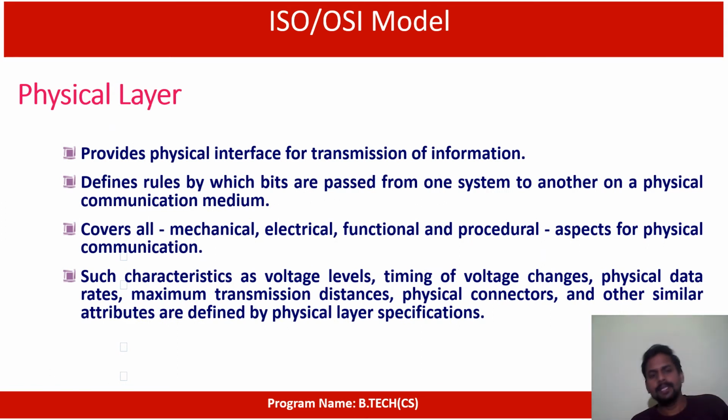The first one is the physical layer. In that diagram we mentioned what the physical layer is and what it does. The physical layer is for binary transmission. That means if I'm sharing some information, it will be passed through some communications medium, which may be wired or wireless. Whatever it is, through that medium my information will be passed on in binary format only. This binary format transmission is taken care of by the physical layer.